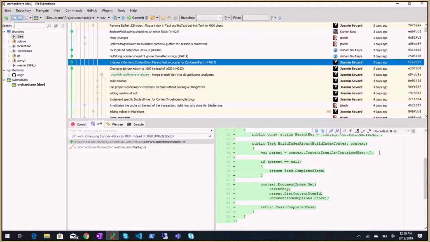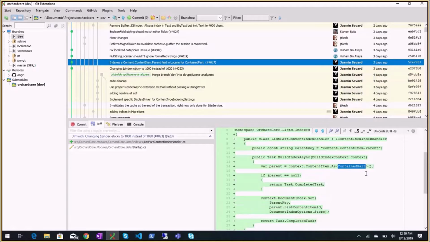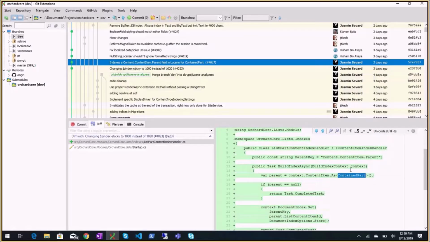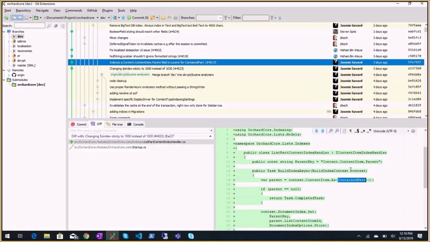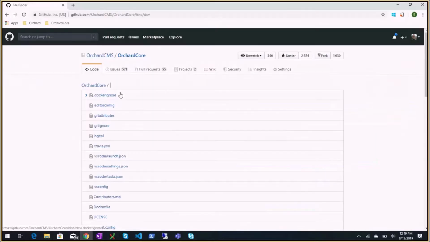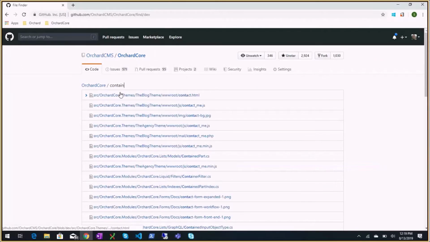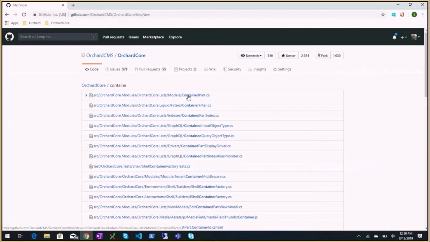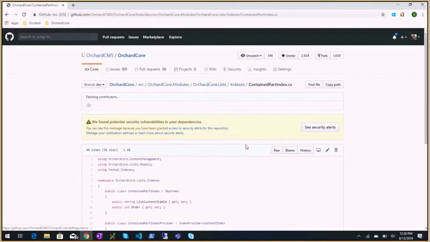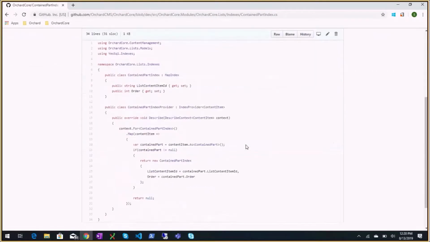I assume we could do that in SQL. Yeah, I think. Do we have that in SQL? Do we have an index for the container? I don't remember. Oh, okay, it has a container filter, contained part index. So the contained part index contains the list content item.